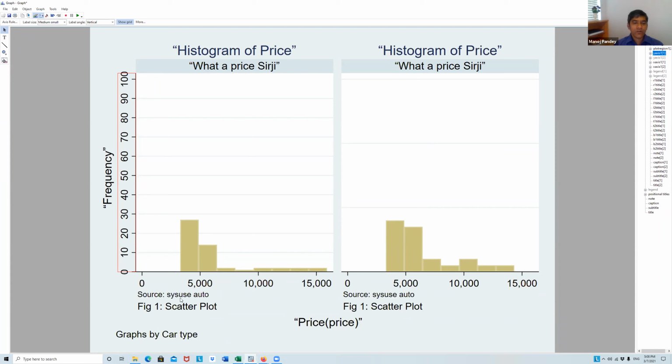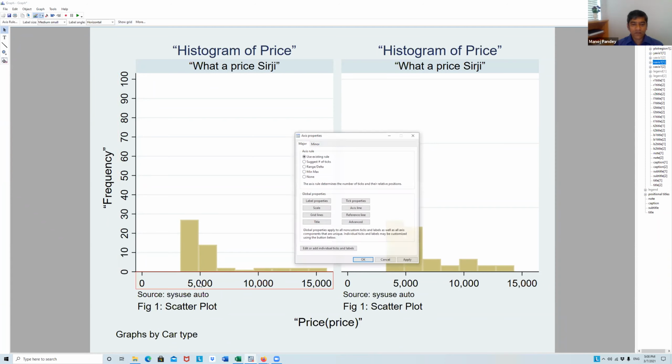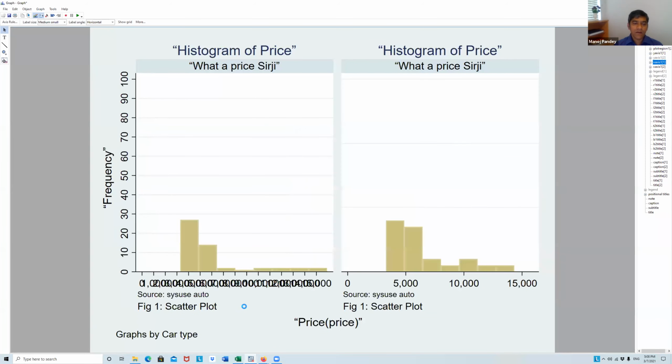Yes, sir. So you'll have to try, you can also rescale this one. Range, 15,000 is a big number, right? So 15,000, and then you can have delta should be, let's say, 1,000. Delta is the change, right? How much gap you want. Okay.